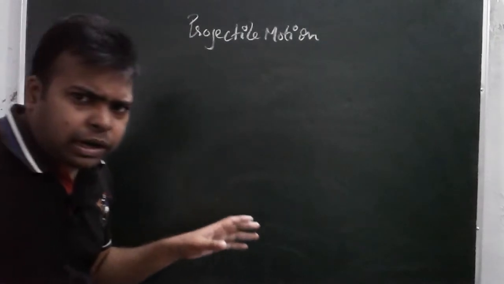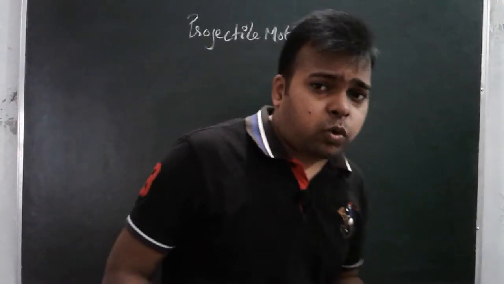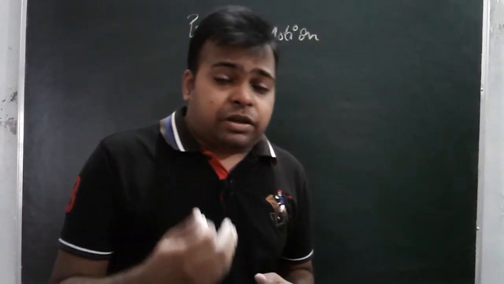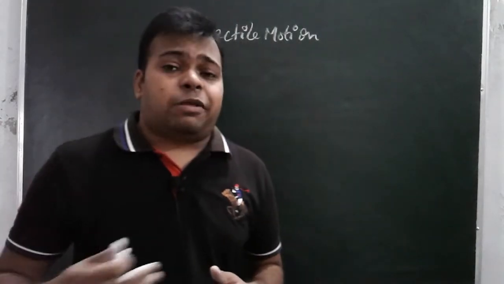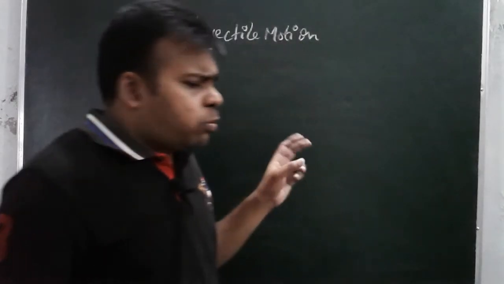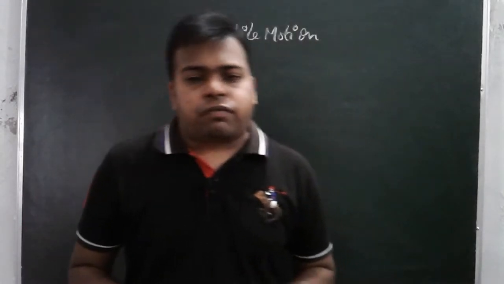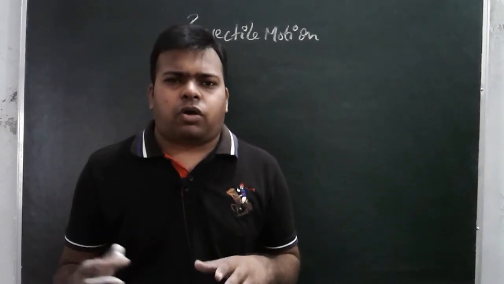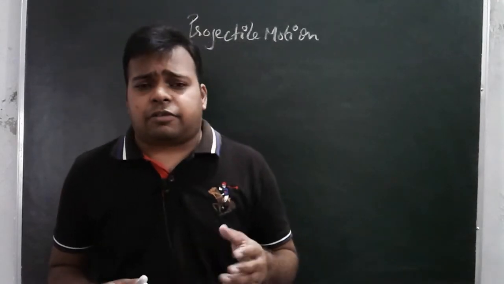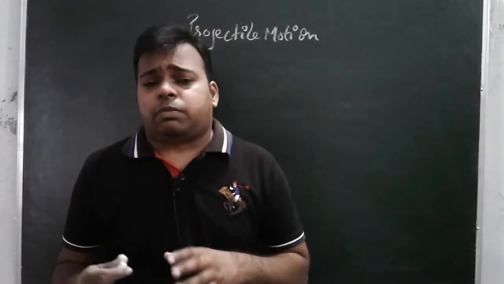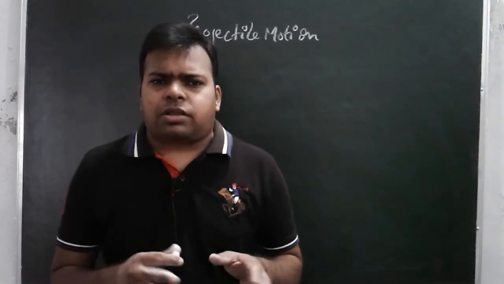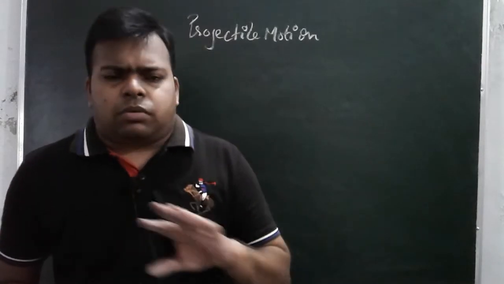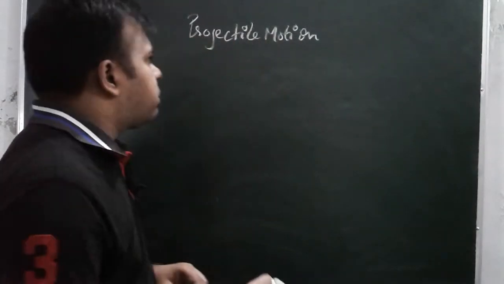I am not getting into detail, but what I want to tell you are the two equations: the velocity vector at any time t and the displacement vector at any time t. From these two equations you can easily solve the problem of projectile motion. You don't need to mug up the formulas of these three variables, that is maximum height, range and time of flight of the projectile. If you remember these two equations, you will easily solve the problems of projectile motion.